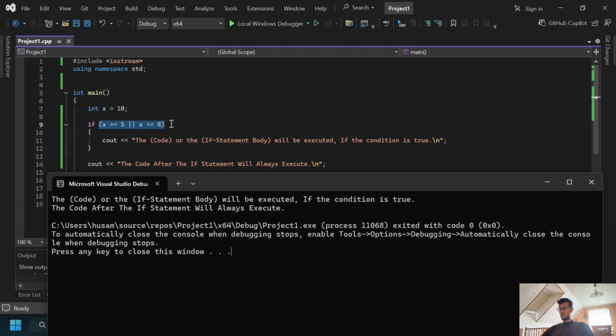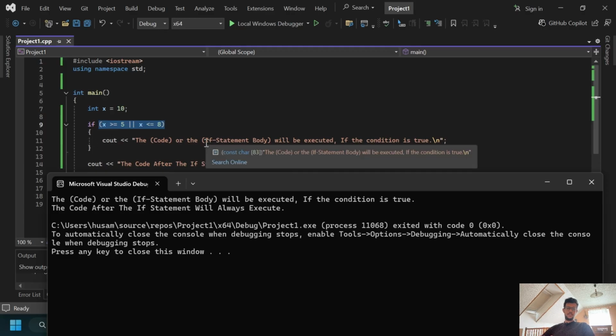Our expression is true, while part of this expression is not true, but because we use the or operator, the compiler will hold this expression and change it from false to true. So the compiler checks that you use the or operator, even if you have a part of this expression false, because we have another part that is true. So the compiler gets inside the if statement and displays for us this line of code that exists inside the if statement,